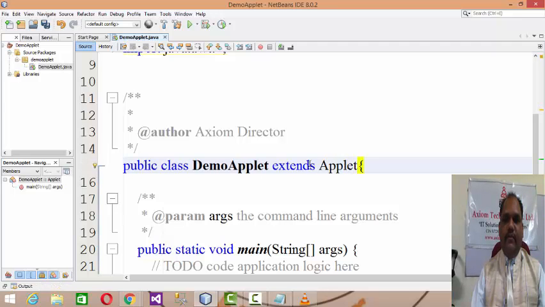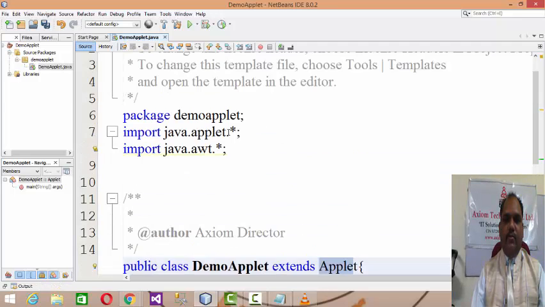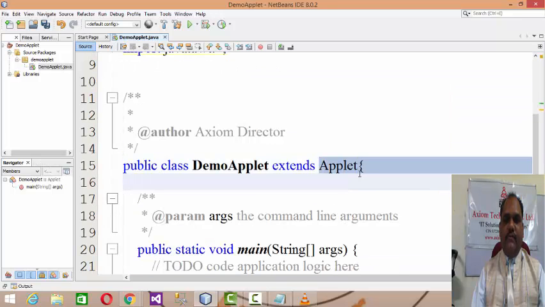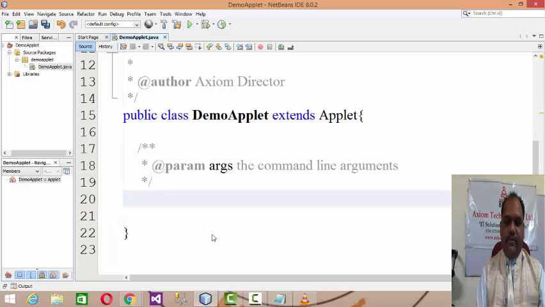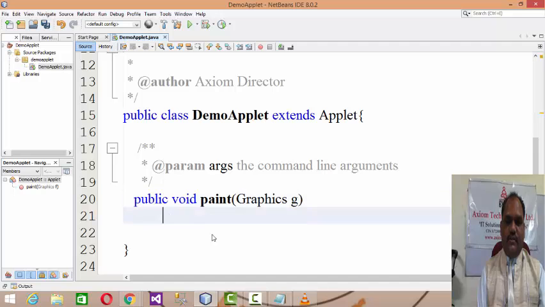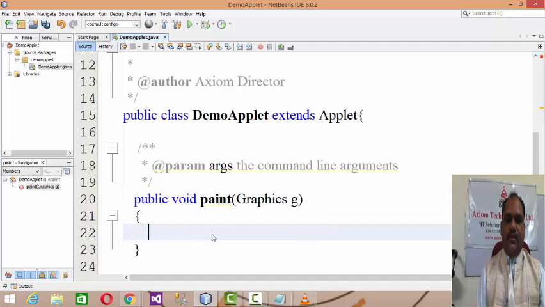You have to understand the difference between the small applet and the capital Applet: small applet refers to the package and capital Applet refers to the class. Now my class extends from Applet, and as you know, an applet won't have the main method, so you have to override public void paint, and paint always requires a Graphics object as an argument.